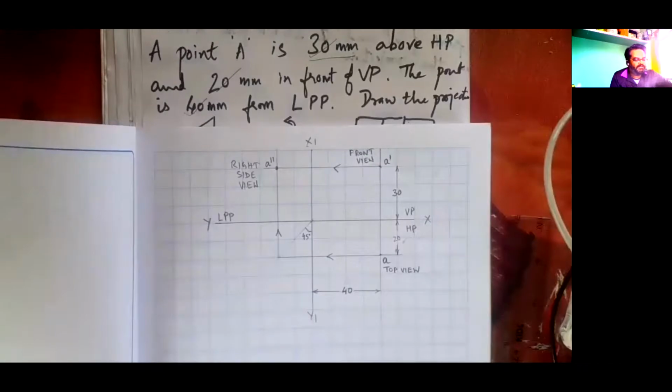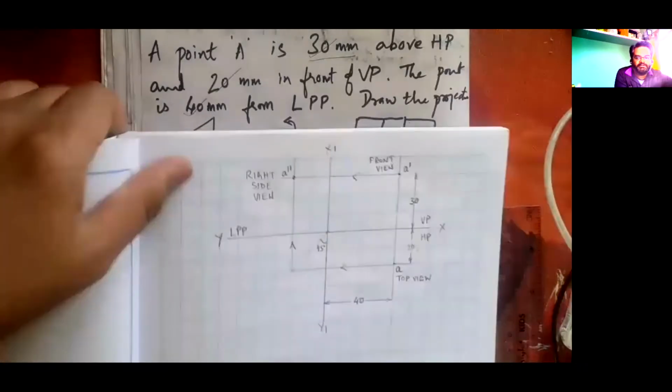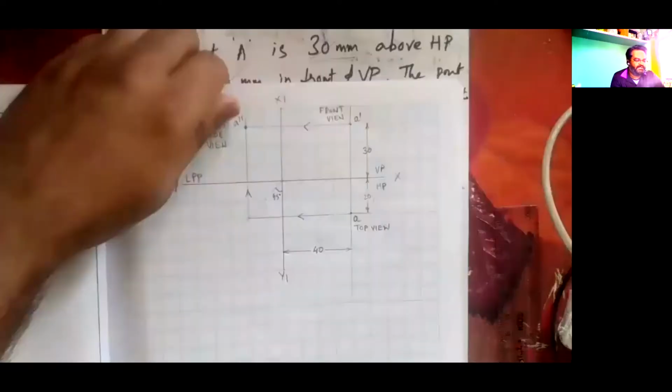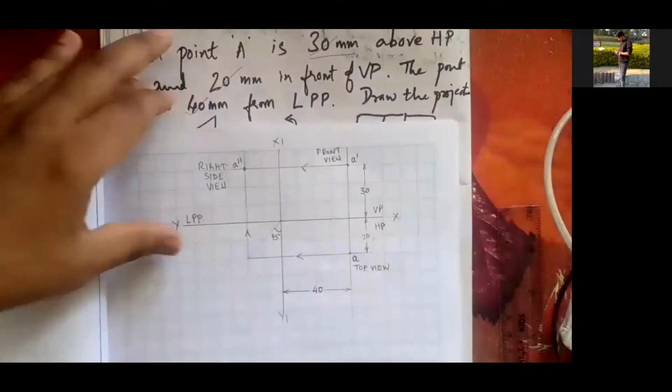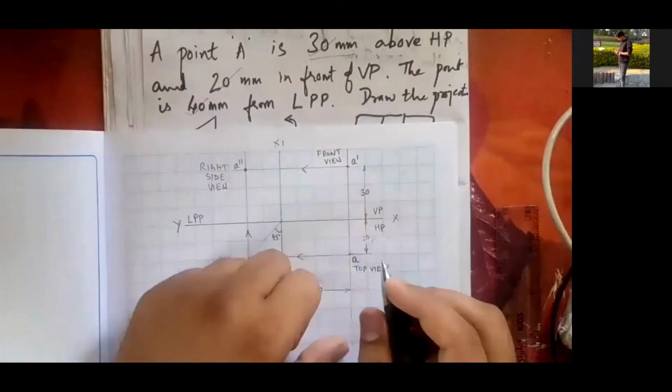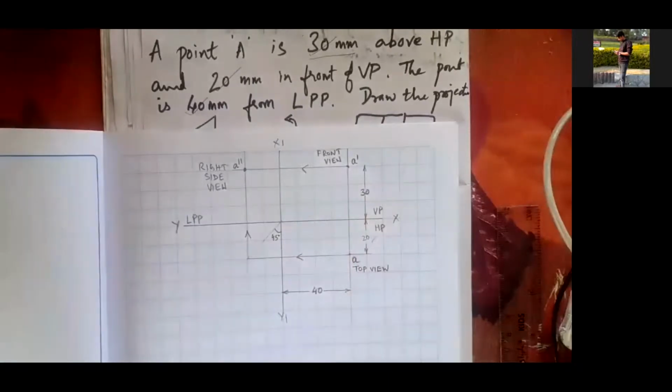You draw the rest of the problems, and just make the statement at the last of the same page. Don't write 30 mm. Yes. Sir, can you please repeat, sir, why we need to draw the 45-degree line?